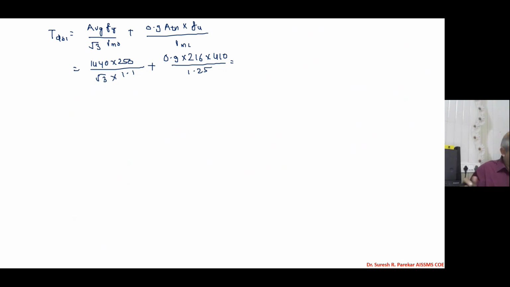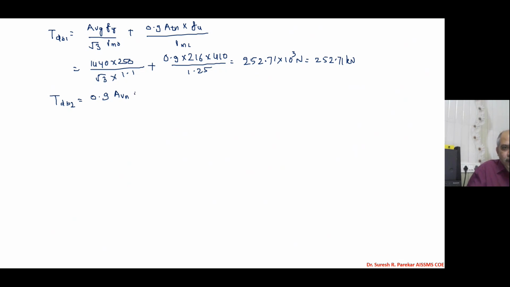It comes 252.71 into 10 raised to 3 Newton, which is 252.71 kilonewton. And then I will go to TDB2, and we have that formula 0.9 AVN